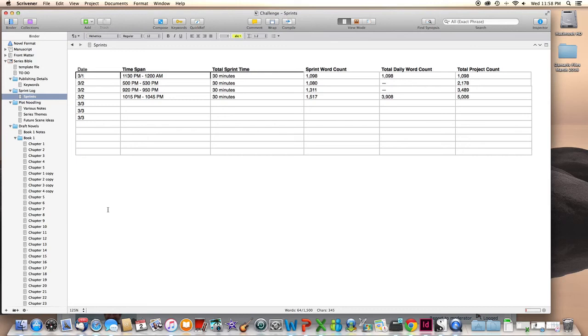On my lunch break, I spent about half an hour to 45 minutes doing some outlining on this, because as I mentioned in yesterday's video, I'm a little bit behind on the outlining. Usually I like to have a more complete outline in hand before I start writing, but I was so excited to start this challenge that I started without the full outline in hand. So that's why yesterday's sprint was kind of into the dark a little bit, although I knew what I wanted to cover. So today at lunch I took an opportunity to do some outlining, and then I left work at 4,